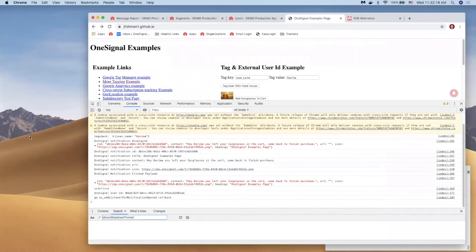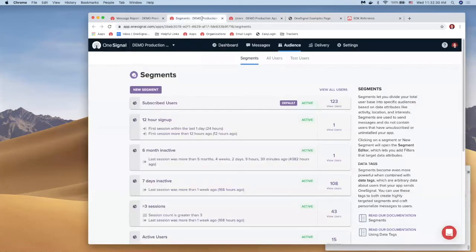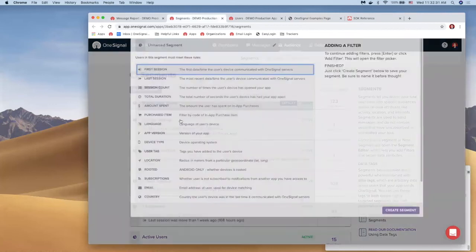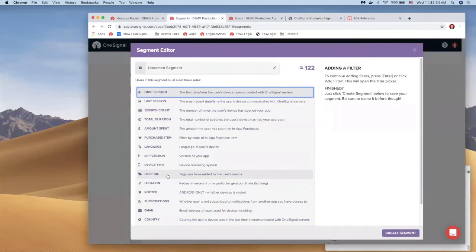The next question is from Benjamin. Can you have multiple tags for one segment? For example, segment equal podcast, tag key equal Georgian experience, tag value equal 1. Yeah, absolutely. So when you go to create a segment and I want to target all those users with those specific tags,